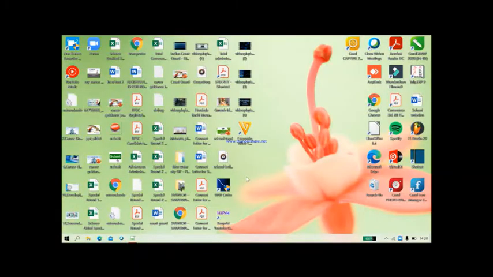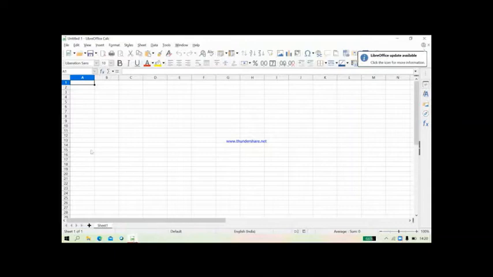Good morning, students. So let's see the SOP number 2 of daily computing. Now in this we are going to use the LibreOffice Calc. So here click on the LibreOffice Calc. So here the screen is like this where you will get a cell. These are all the cells which are in the form of columns and rows.